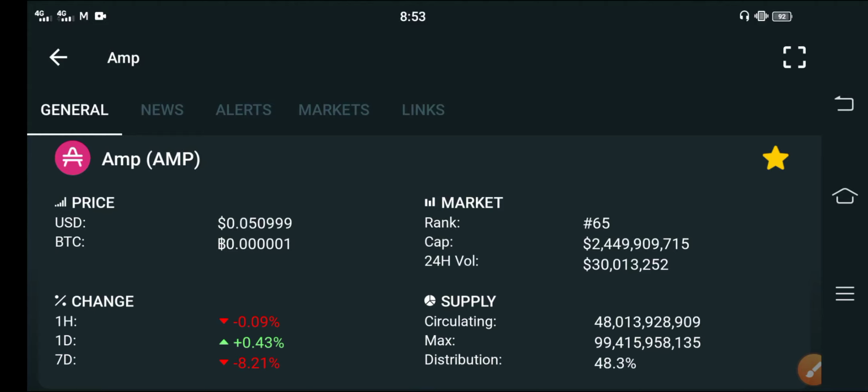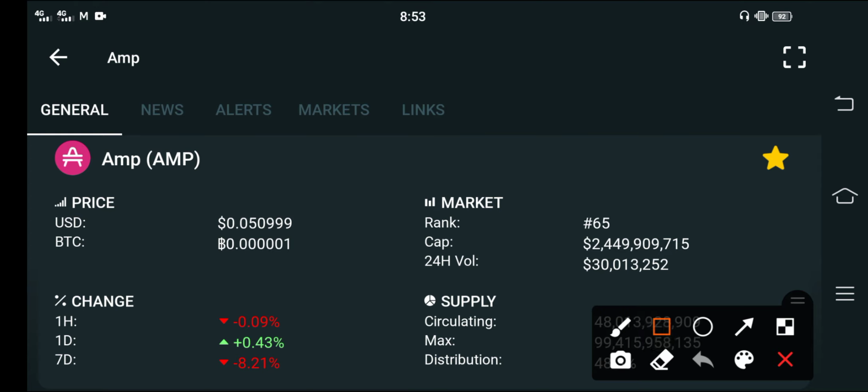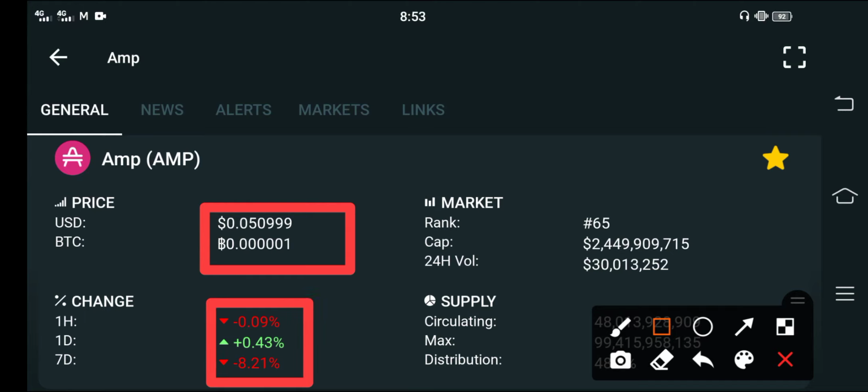The right now price of AMP coin in the market is about 0.050999 USD. That is the right now price of AMP coin. On the other side, if we talk about the changes of AMP coin, now the last 1 hour change is negative, last 1 day change is positive, and last 1 week change in the AMP coin is negative. Only yesterday, the last 24 hours change of AMP coin is positive, and except for these, all changes are going negative, guys. So what should we do